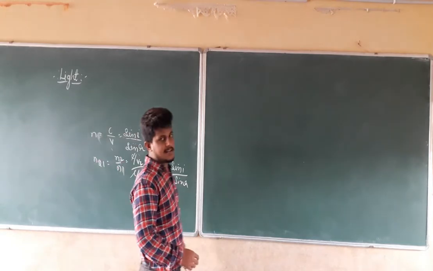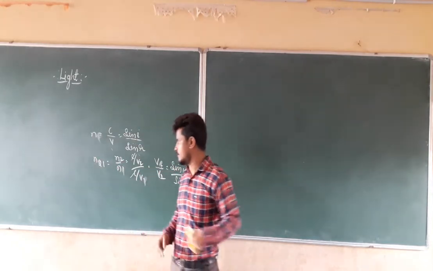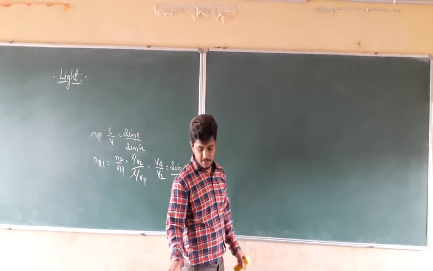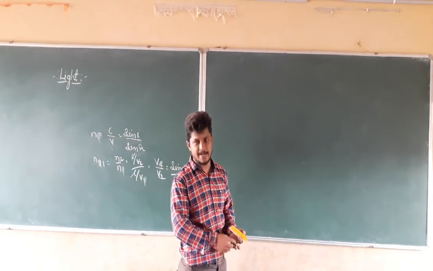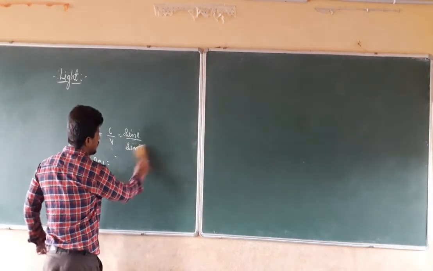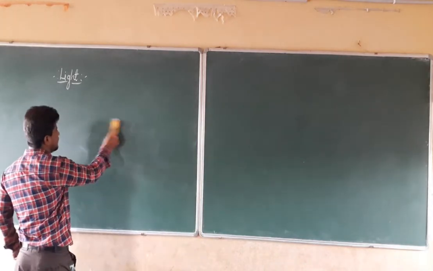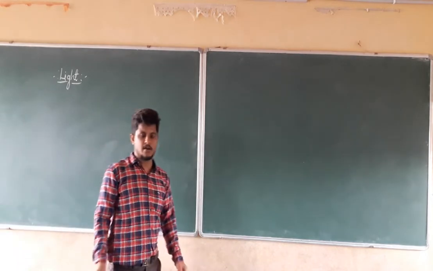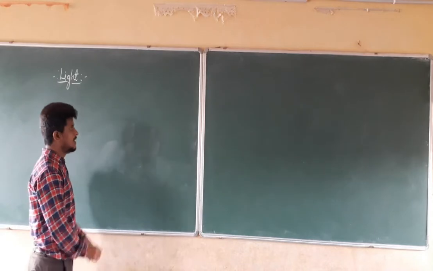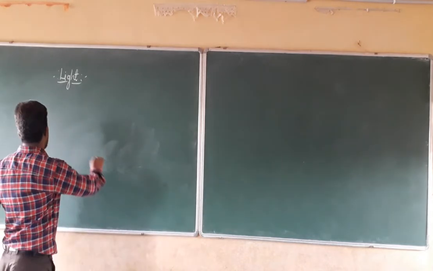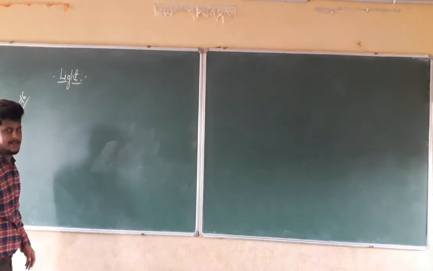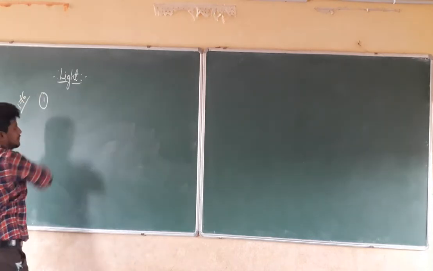In today's class we are going to discuss the in-text questions which are present on page number 176 in your textbook. One by one we are going to discuss those questions. After discussing those questions, we are going to study the spherical lenses. So one by one we are going to solve the in-text questions on page number 176. Question number 1, the first question.